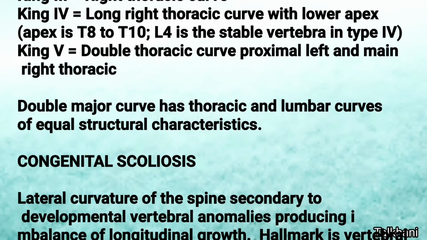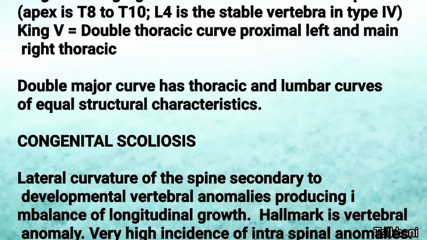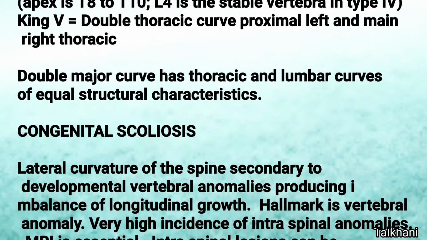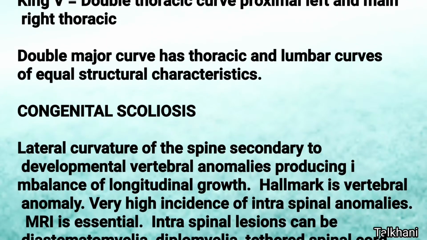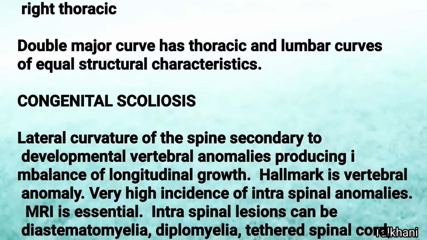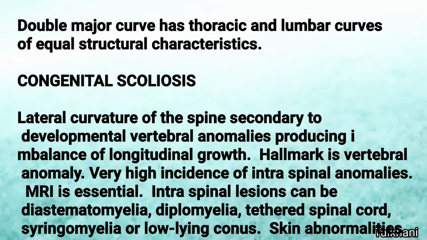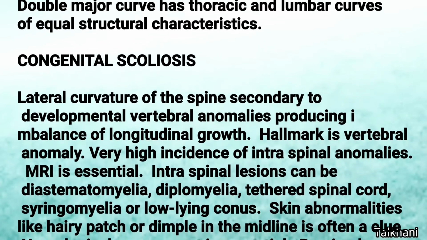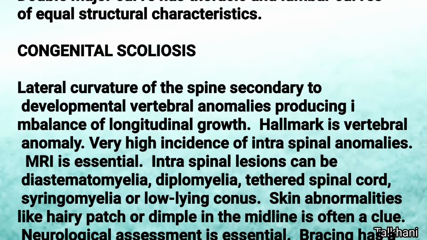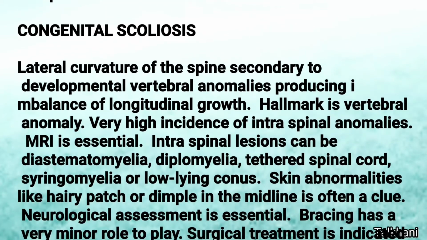King 4, long right thoracic curve with lower apex situated between T8 to T10. L4 is the stable vertebra in King type 4. King 5, double thoracic curve, proximal left and main right curve. In congenital scoliosis, lateral curvature of spine is secondary to the developmental vertebral anomaly, producing imbalance